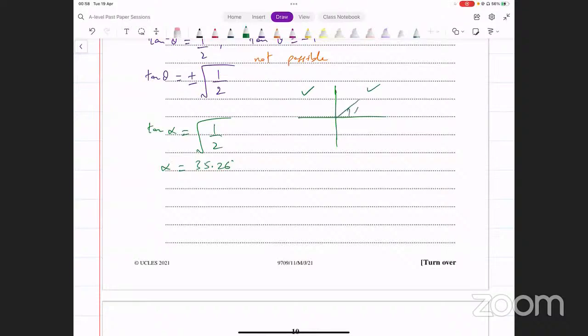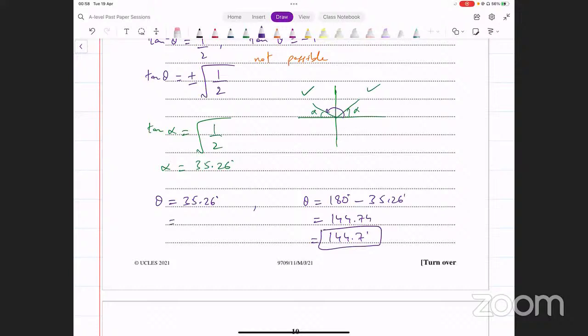We can either be here in the first quadrant or we can be here in the second quadrant. So आपकी values क्या होगी theta की? Theta could be in the first quadrant, that is 35.26, or in the second quadrant वाला angle क्या हो जाएगा? 180 minus 35.26, and that gives me 144.74 degrees. You can round these off now. You can say this is 144.7 degrees,